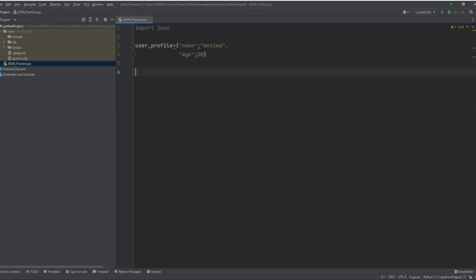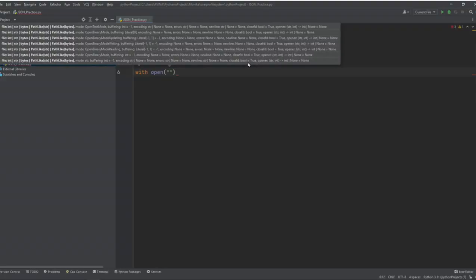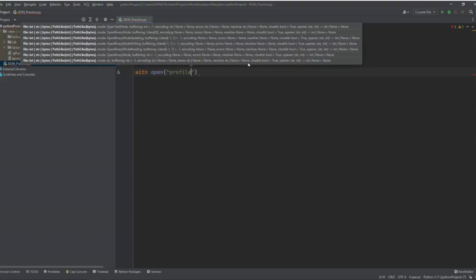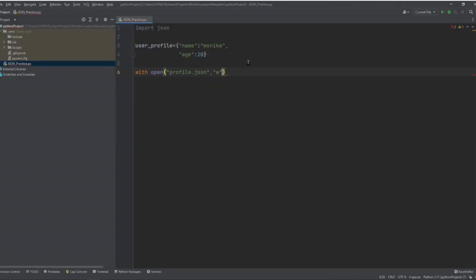Now how can we write it into the JSON file? All we need to do is use the with open command. So here we will open this JSON file, profile.json, and since we are opening this file to write, we don't need to check whether this file already exists.